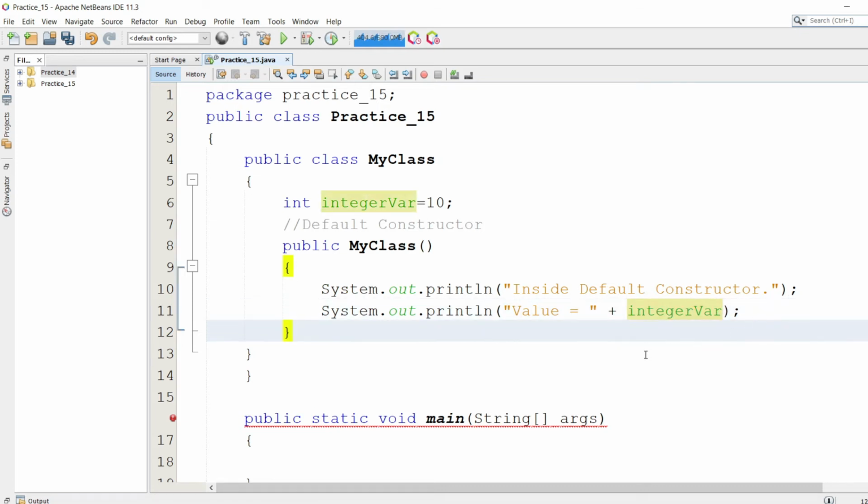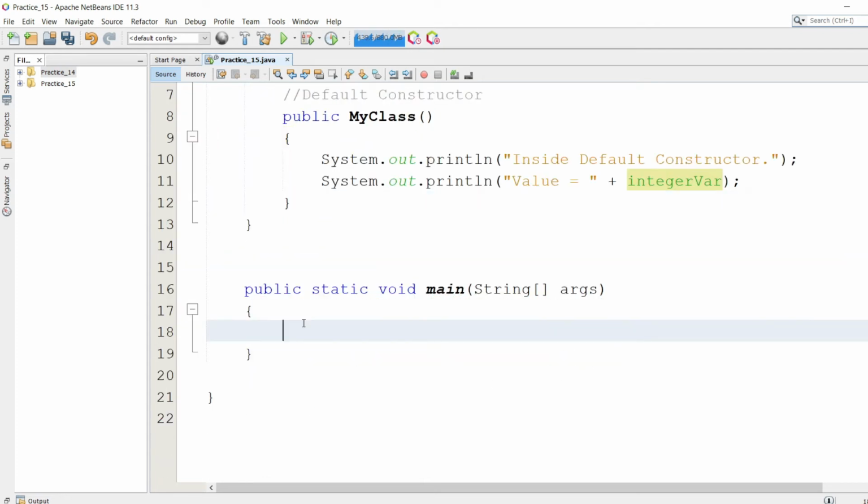Now this is called the default constructor. In order to call the constructor, we simply create the object here: MyClass obj1 = new MyClass. As in the previous video, we have already seen how to create the object of the class.